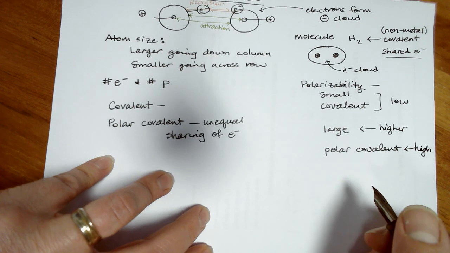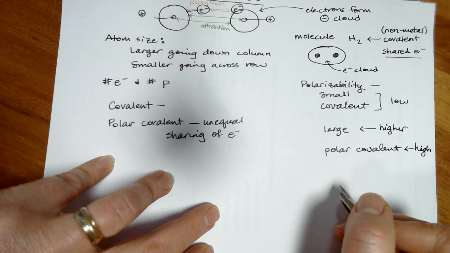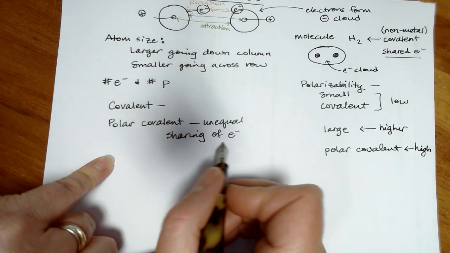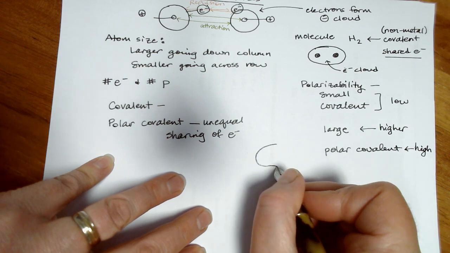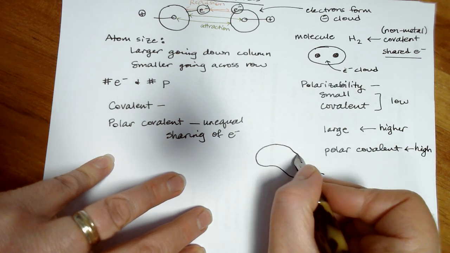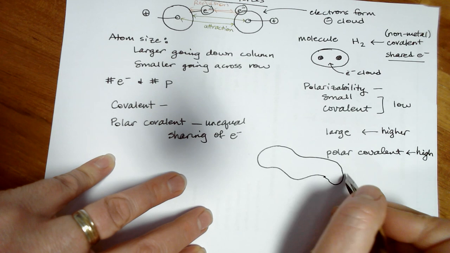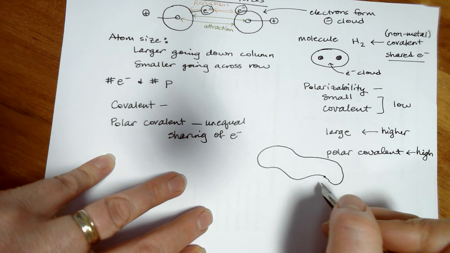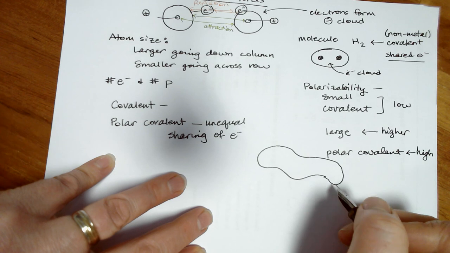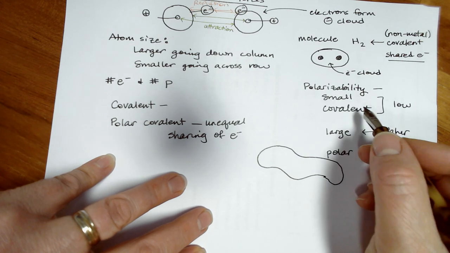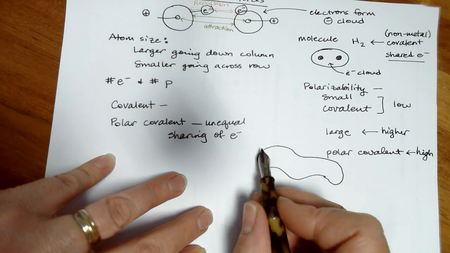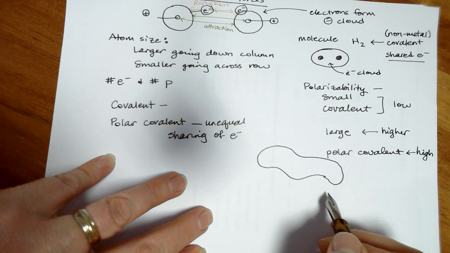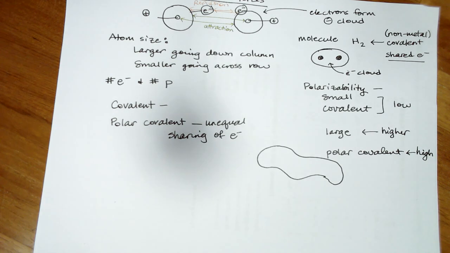And what I'm talking about in terms of the polarizability comes back to this unequal sharing. So if we think about this electron cloud, I'm just going to draw a molecule shape. It could be any kind of molecule shape, right? These electrons are attached to atoms that are in this molecule, and I drew kind of a wiggly one right here. If you have a molecule with totally covalent bonding, then most of the time this electron cloud is just kind of uniformly negative in some kind of a small neutral way. But some of the time